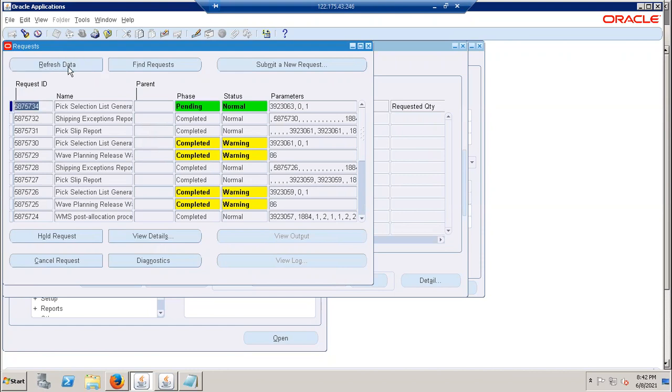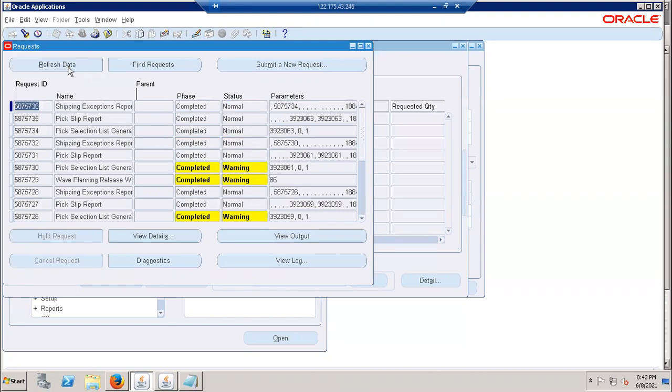I have given you one link in the email. You just try that. It has to definitely work. So there is some issue which is stopping this. Ideally the pick generation and everything is going to happen. And if you see, the request came up, but there is something which is stopping it from generating.